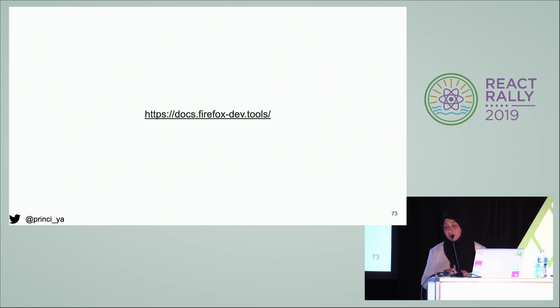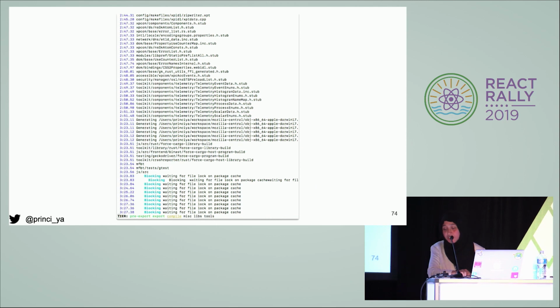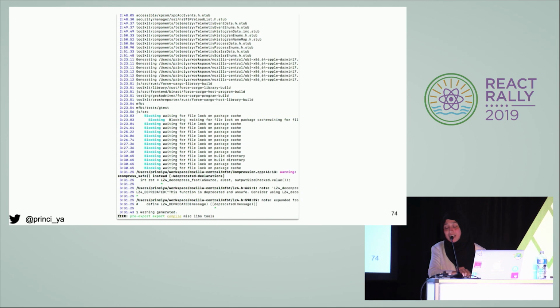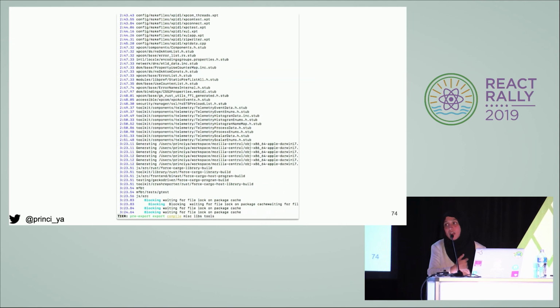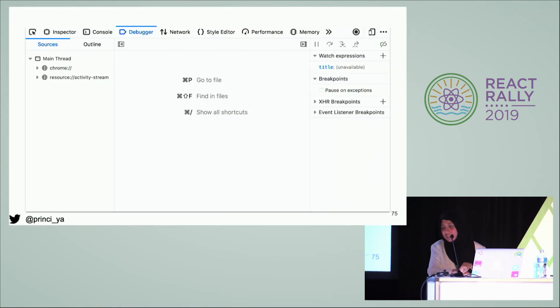OK, having said all of this, now, if you're convinced enough to give this a try, then all the documentation is available at docs.firefox-dev.tools. So once you get the source code and follow the instructions, the first thing you'll have to do is run a build. And when you do this, you will actually be building your version of Firefox. When this is done, it's such a cool feeling to really know that you compiled a local version of Firefox for yourself. And once this is done, now let's look at the debugger.